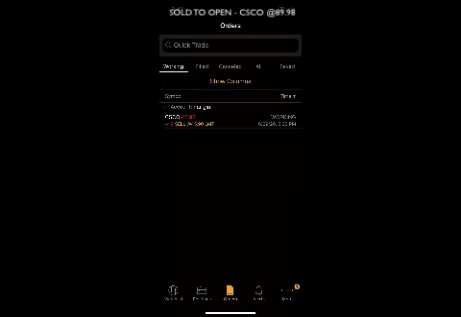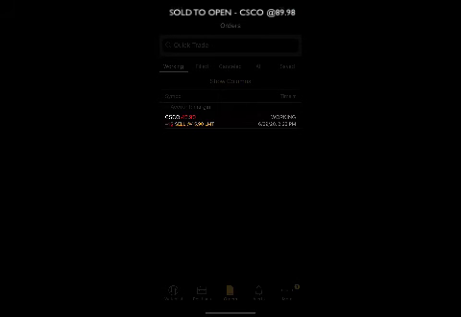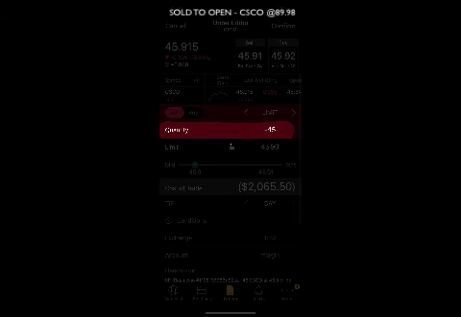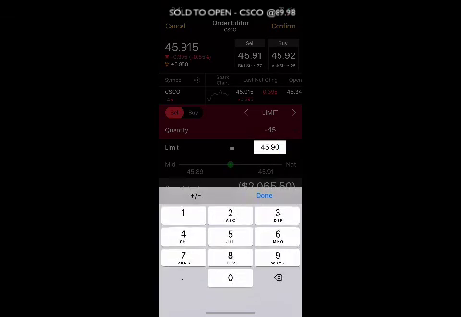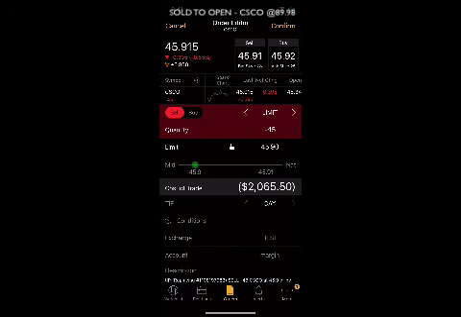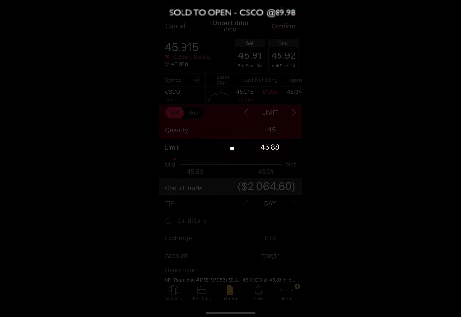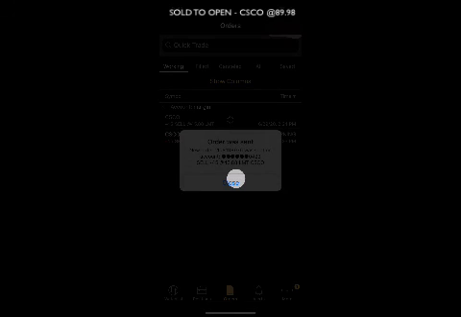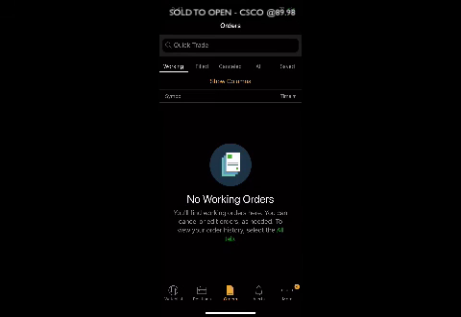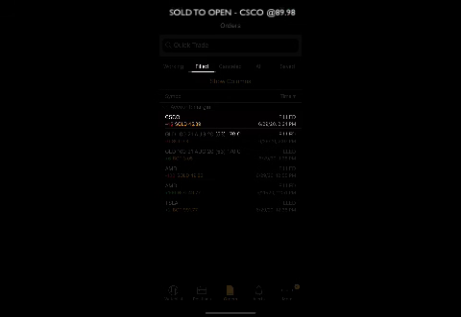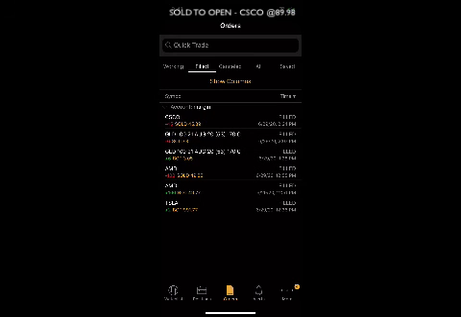If it doesn't get filled, let me do this, so I'll show you how to do it. I hit there, cancel replace order. I open the lock and 45.91. Let me lower it because I want the price on my order to fill. So I just lowered it a couple of cents, and indeed it got filled at 45.89, so 1 cent below what I was doing. And that's how you tweak the price and